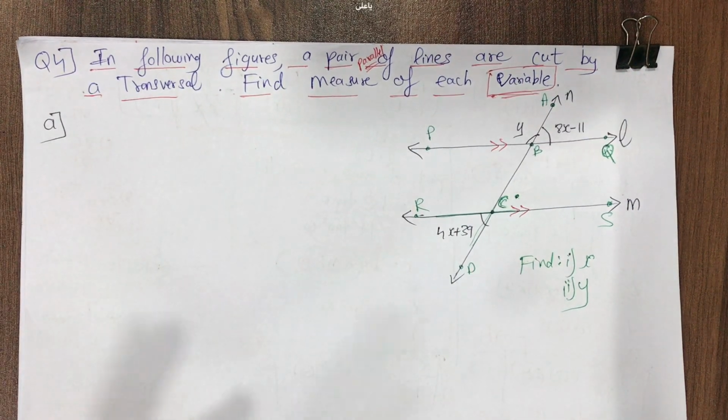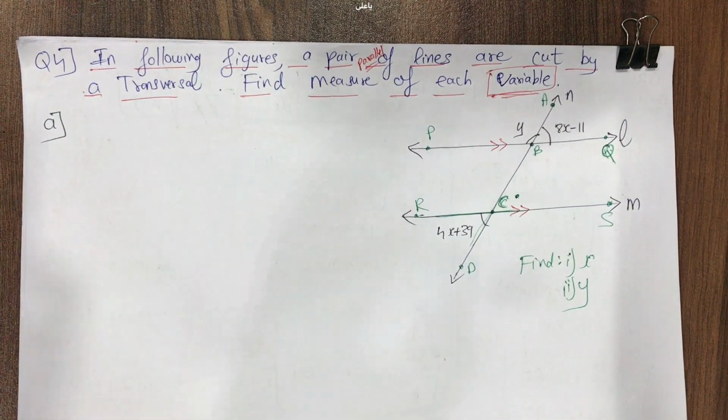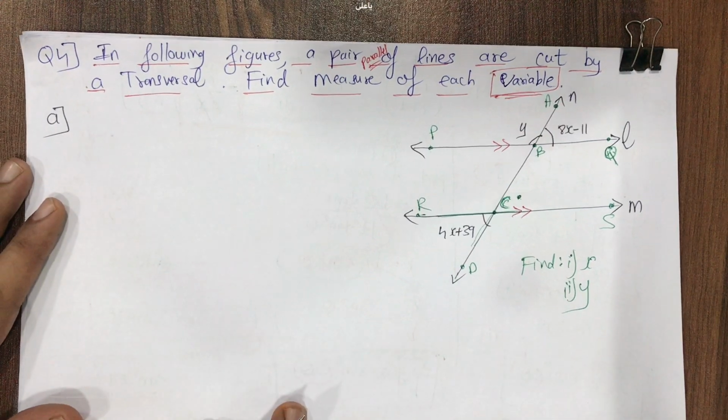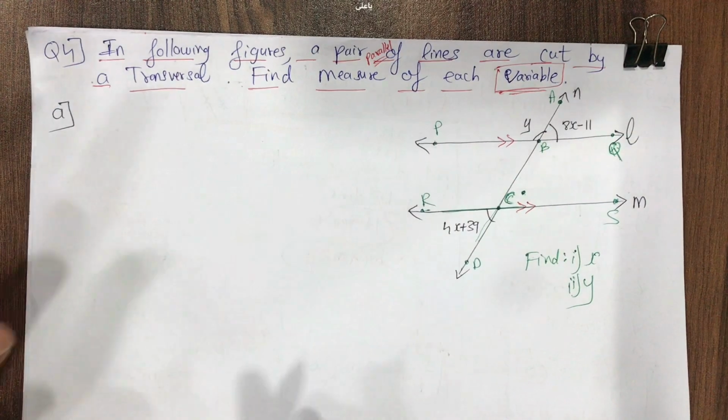Now in this lecture, I will not once again revise. If you want to understand what I am doing over here, you have to sincerely watch and solve the questions of part 5 and part 6. This is part 7 what we are doing. Lecture number 5 and 6 you have to refer. Over there I have done in much detail what are vertically opposite angles, corresponding angles, alternate angles and all.